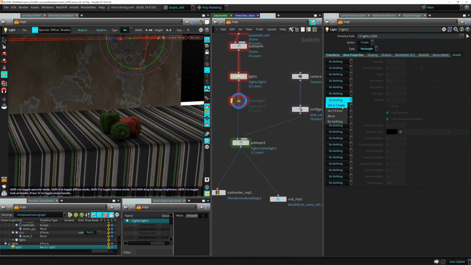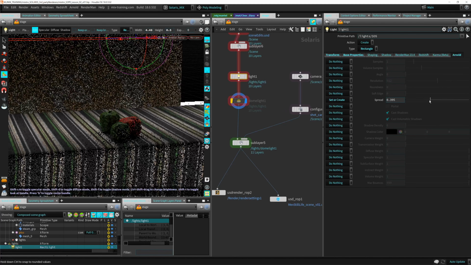This is going to be also really important because USD has this concept of overriding or modifying values. So that's why you're going to see these properties all over the place in Houdini, which is not common in SOPs, for example. You will see this, for example, if you have worked in dynamics, but here in Solaris it's all over the place. So if we want to set this property, we set this to set or create,